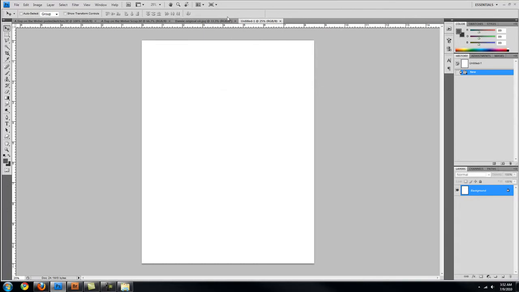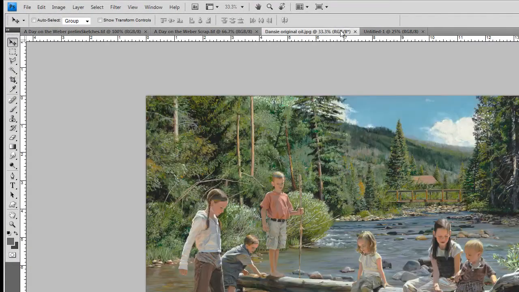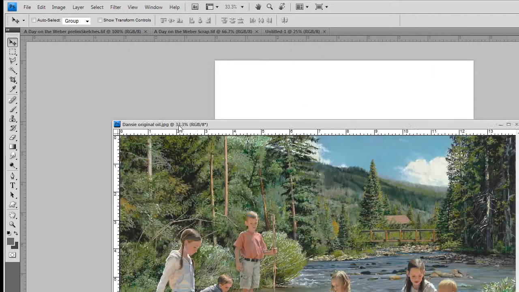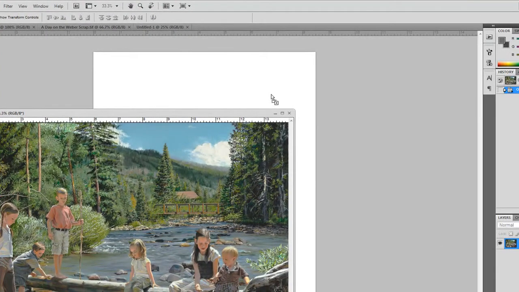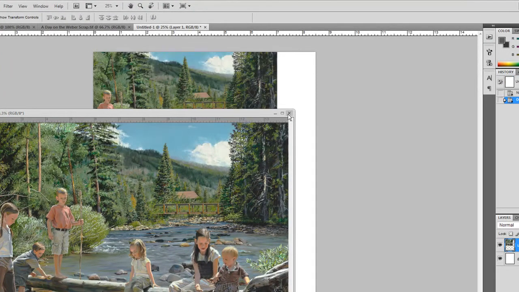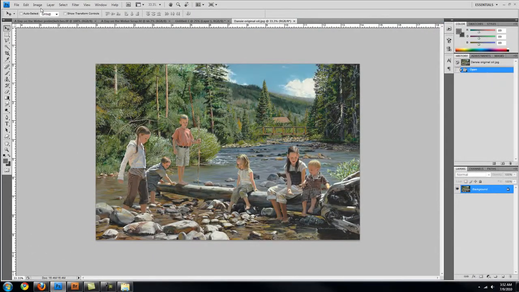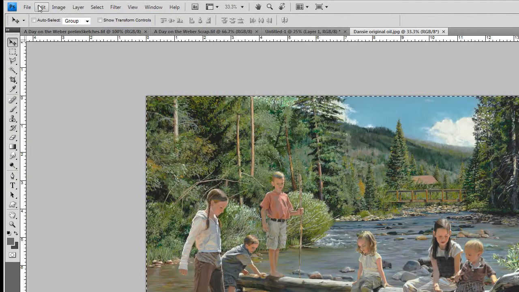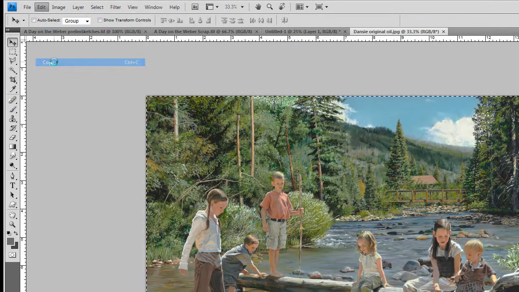Now, these tabs here, that's what they are. Image 1, image 2, image 3, image 4. Right, so I'm going to go in here, detach this from the screen, and I can either drag and drop it in, or, if I wanted to, I could select all, and then copy, which is Edit, Copy, or you copy it like Control-C,